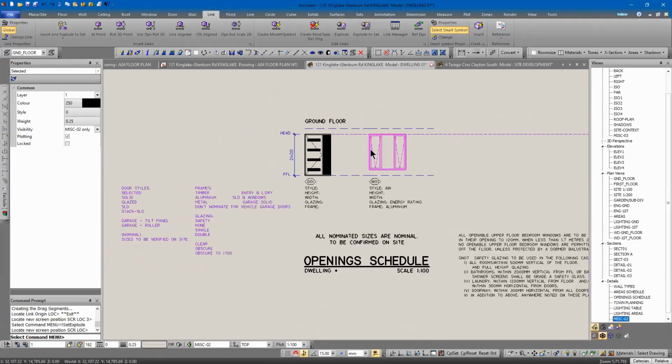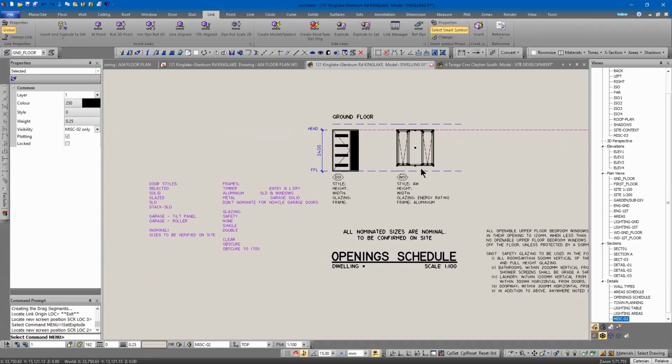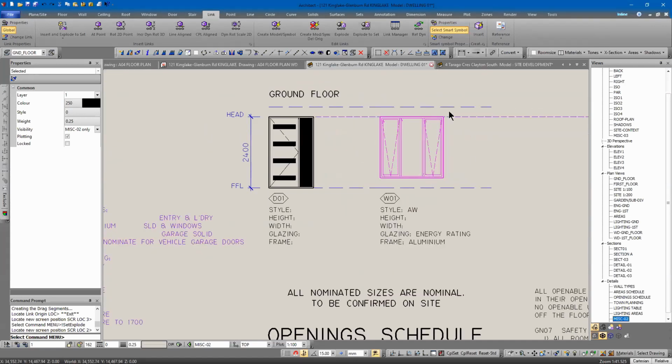So what we've got is effectively some lines that represent the ground floor and the ceiling level. And then we show the head up from the floor. Most of our projects have 2400 high head heights for the doors and windows with the 2700 ceiling. So we've just set it up, that's where we start. And then this is actually just an inserted elevation